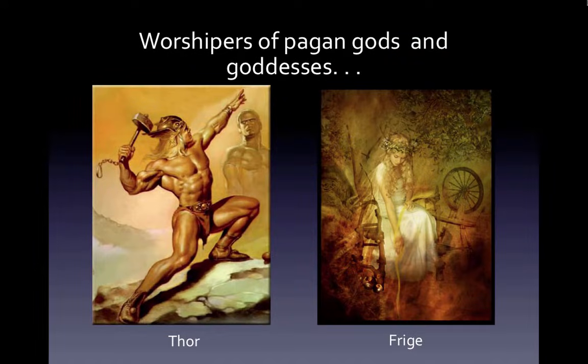The Anglo-Saxons were a polytheistic society, worshippers of pagan gods and goddesses taken with them from Scandinavia, gods and goddesses that were Norse in origin. On the left, we see Thor in the days before he became an Avenger. On the right, Freya, goddess of sexuality and fertility.